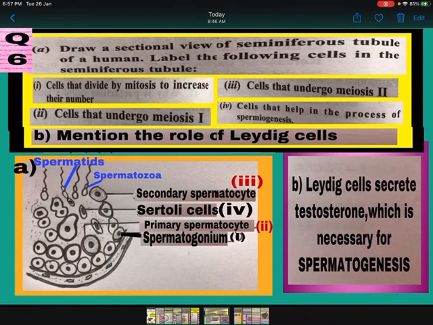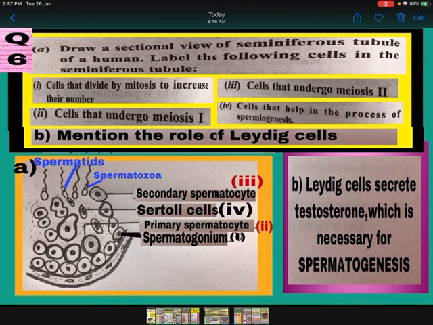Come to question number 6. Draw a sectional view of seminiferous tubule of a human. Label the following cells in the seminiferous tubule. Here you have to draw a sectional view of the seminiferous tubule. Draw a neat diagram with a sharp pencil and label the parts. One part of the question: